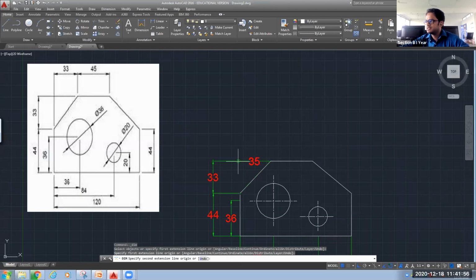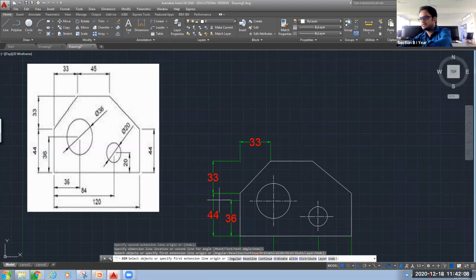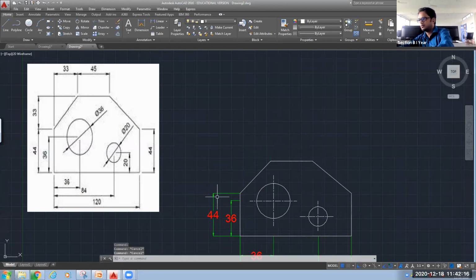You can drag it, first select the point, drag it to the location wherever you want, and check there. This is one way to give its dimension. Another way, I will undo this, Control Z. Control Z once again. So I have removed those 33 and 33.